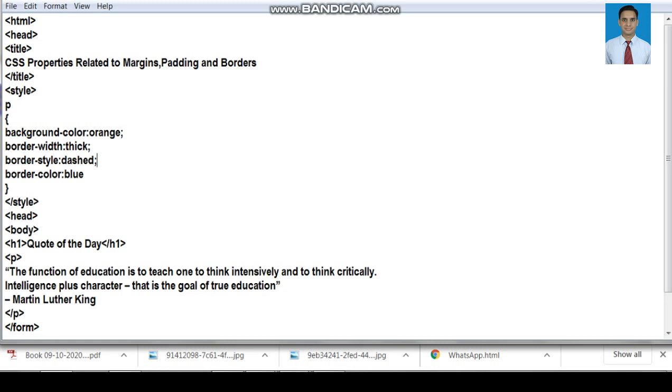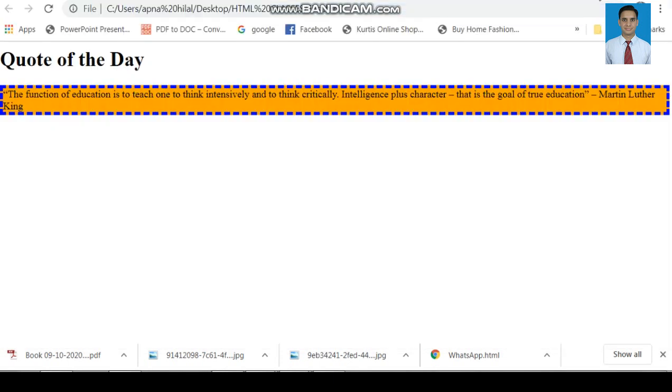Rest we will keep like this, border width as thick, but right now we set the border style as dashed. We will save it and run it and see its effect. This is the effect of this border style. Right now we set the style as dashed.